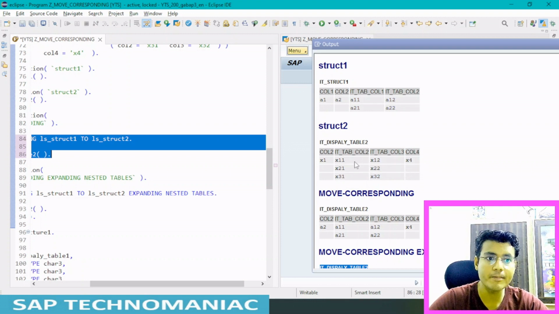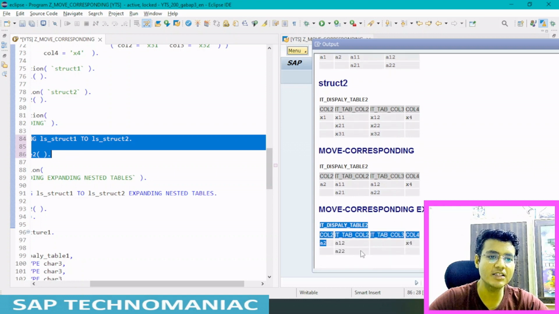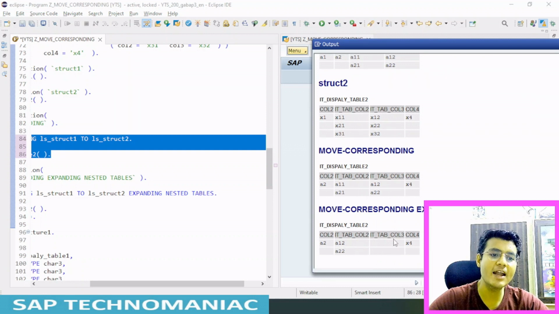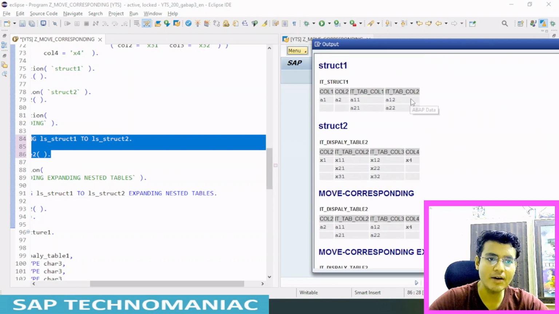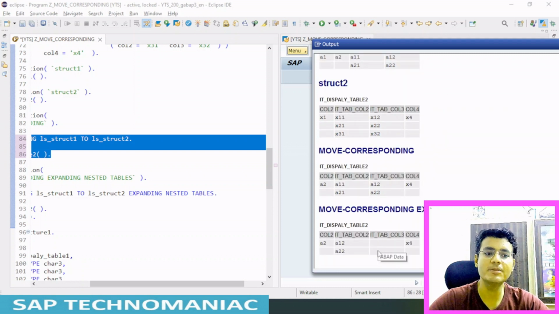One of the columns got matched, so it will clear out this IT tab entirely, then move one by one all the columns having an identical name. So it will clear out this table, and only A12 and A22 are common, so we can see this will be moved, and IT tab column 3 is not available in structure 1. That is the reason it will be initial.